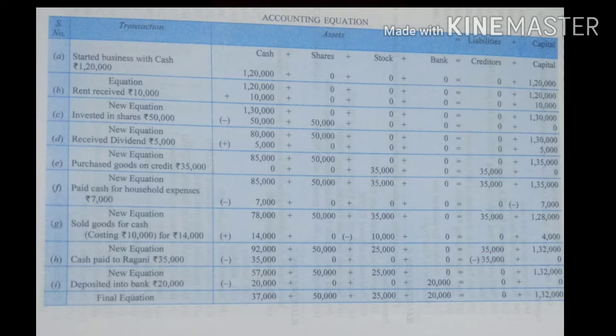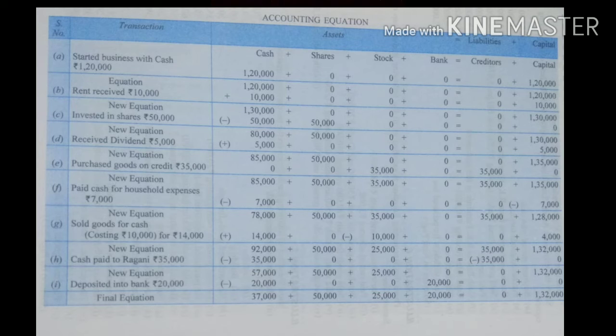See, when you are investing something, when I say I purchase a dress, what happens? My liquid cash is reduced and my almirah is increased by one more dress. In the same way, when you say invested in shares, it means your cash is reduced by 50,000 and your shares, your investment, is increased by 50,000. Actually, settlement is there. 50,000 increase, 50,000 decrease in the asset side. So no effect, means again your assets equal to liability plus capital.